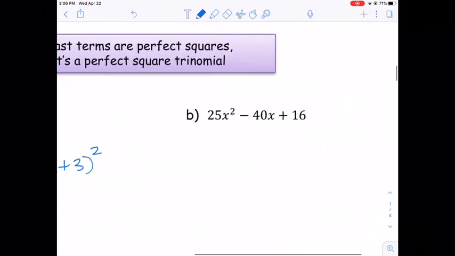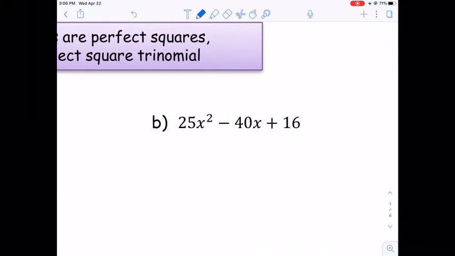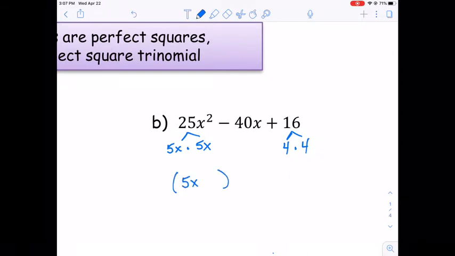Look at problem B. Again, the first term is a perfect square. It's 5x times 5x. The last term is a perfect square. It's 4 times 4. So I'm going to check to see if this works. 5x and 4,